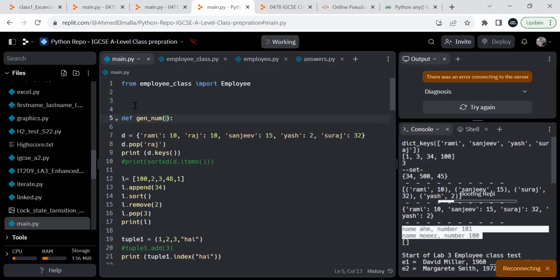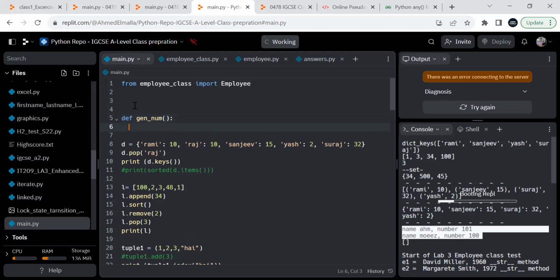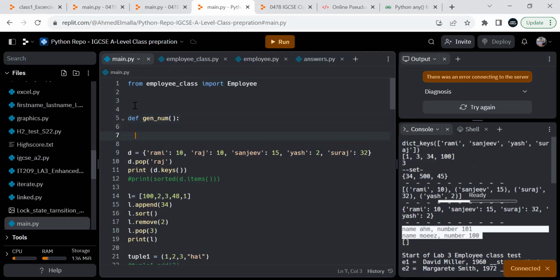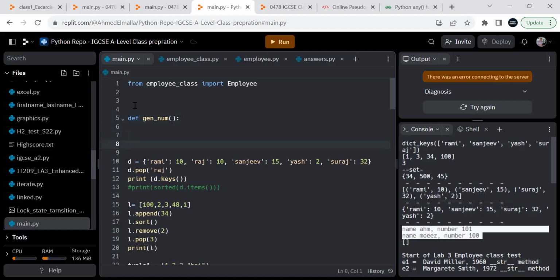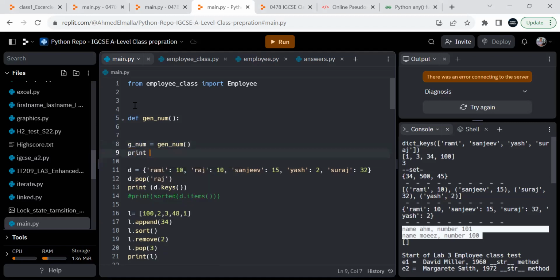So we know that this should be called in this way, generate a number, and we say g num here equal this way, and we should come here and print that g num. And then here we should work on defining that. So let's say g equal